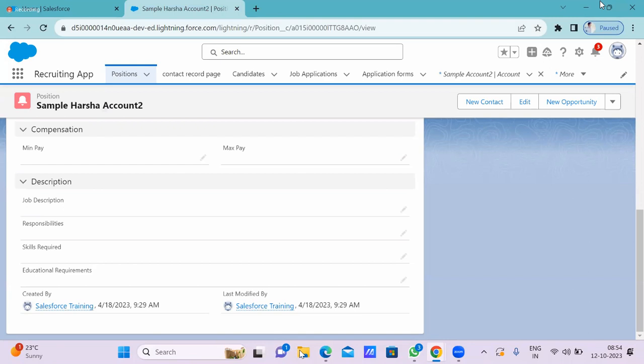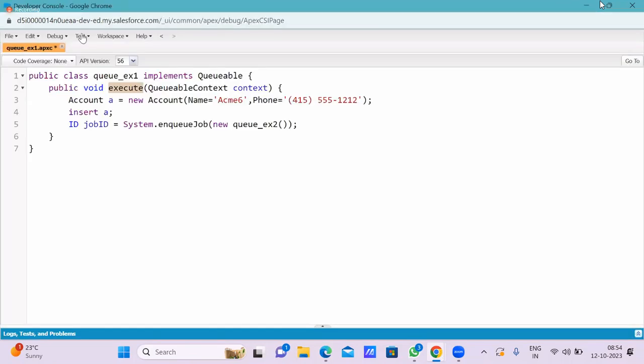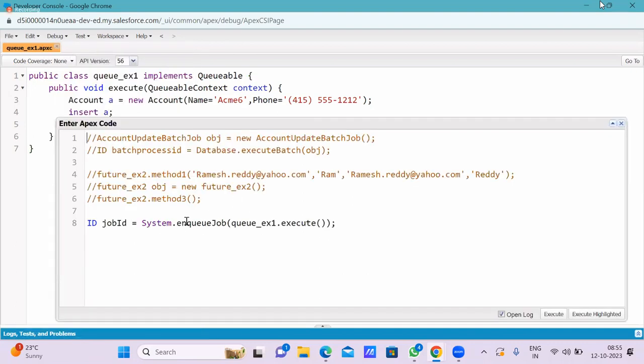Let's execute our code. Okay. So how to execute? First of all, we need to save this properly. Okay. After saving, first for this class, we need to create an object. Class name, object name equal to new class name. Okay. This object you need to give here as job. Okay. Now if we execute,